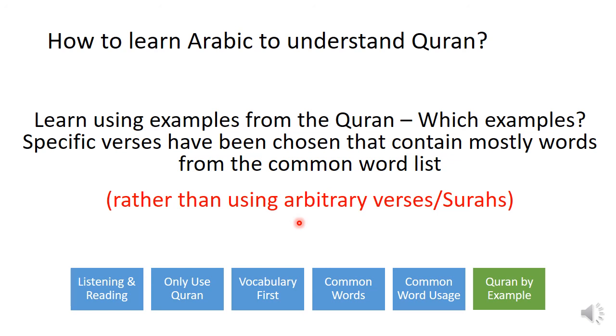So these are 6 approaches or principles we've taken to help us learn, and it's hopefully the most efficient way. It's not the most complete way, it's not the most exhaustive way, but it's really about how we understand Quran in the quickest way possible, with the basics of grammar and focusing on the top 150 words.